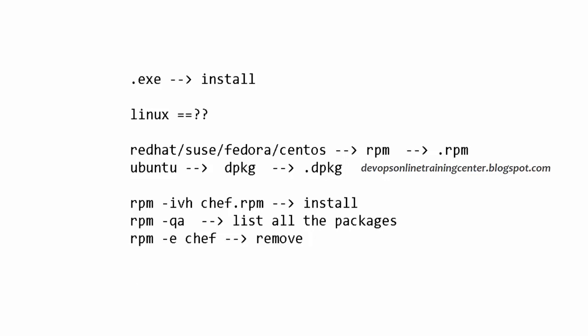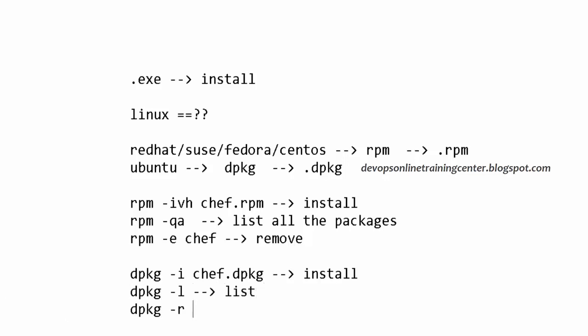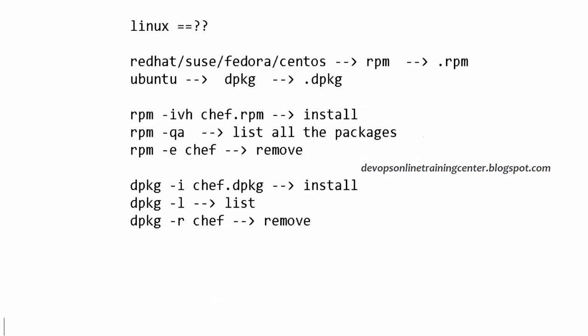In the same way, dpkg -i chef.deb is to install, dpkg -l to list, dpkg -r chef is to remove. So these are some of the commands we use regularly to install some DevOps tools on top